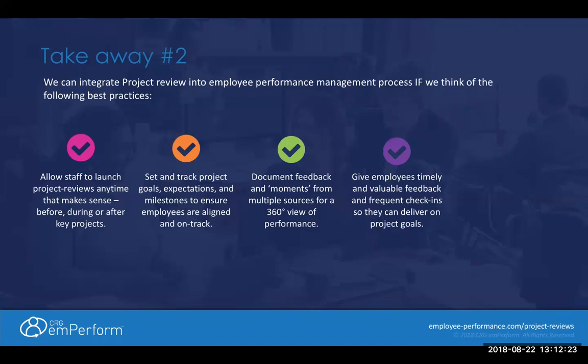When things go off the rails, if there's a scope change, if timelines move, all the things that happen in day-to-day project life that we know, the important part is the communication about it and that we keep up to date with it. If somebody says, hey, I'm going to deliver on this date, but they don't do it, that we have a conversation about it, but also from a learning and performance management perspective, we need to document that. And that leads into our last best practice, which is we really need to centralize all